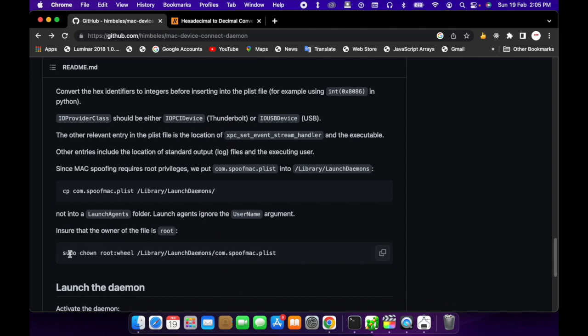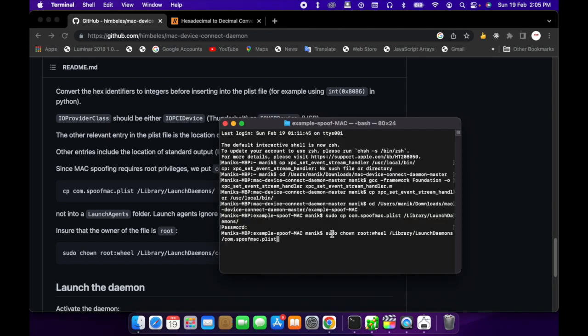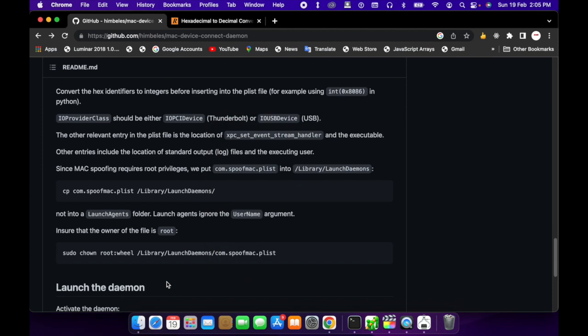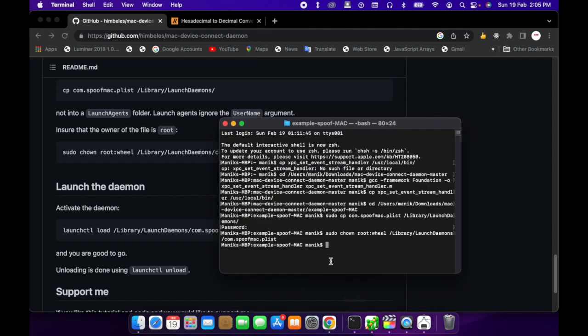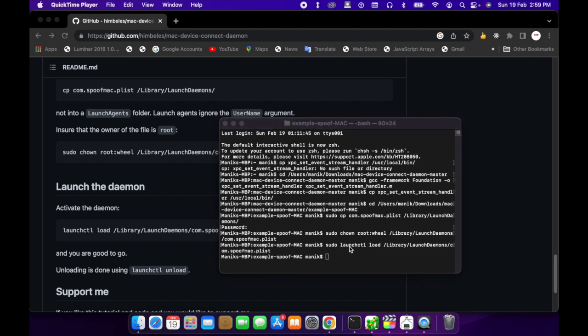So the next command says to change the owner of this spoofmac.plist as root. So simply copy this command and paste it here. So I type command V and now press enter. So this is also done. Now we have to launch the daemon. So for launching the daemon I have to copy this command. So simply copy it, and don't forget to write sudo, that is very important, and paste it and press enter. So now the service is launched and now we are ready to test our external mouse by connecting to the